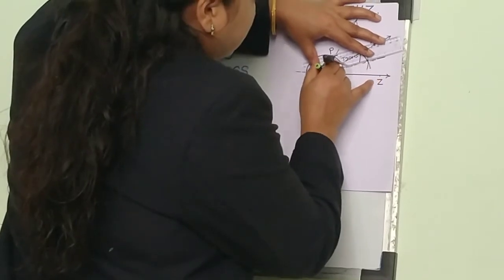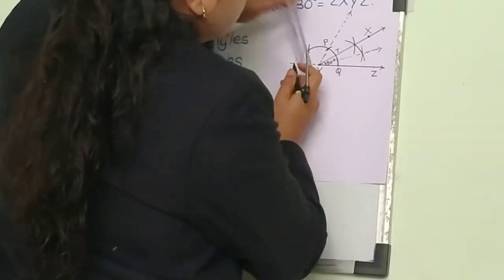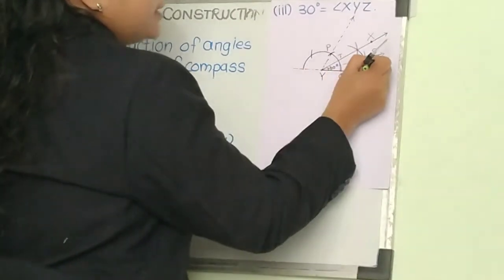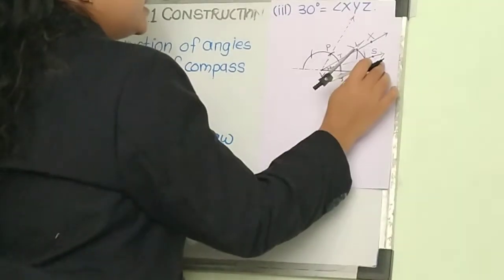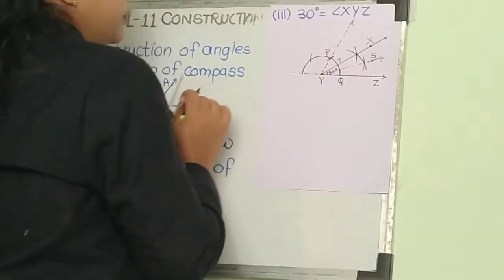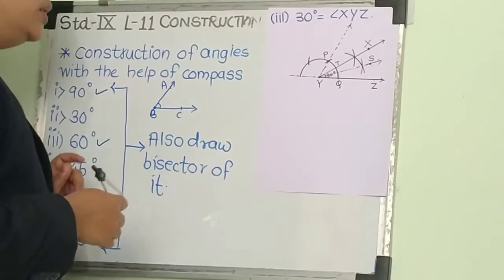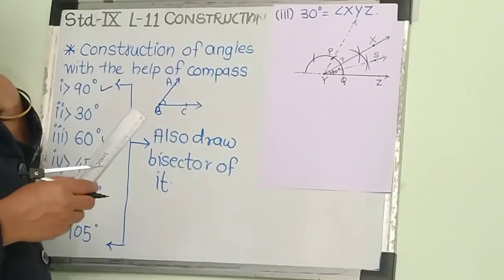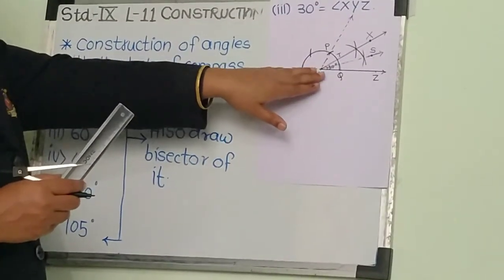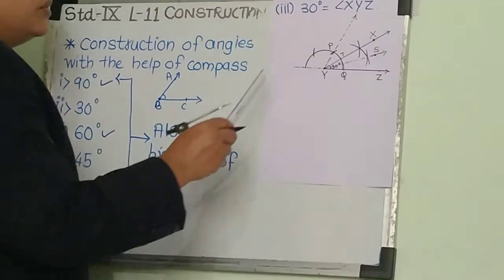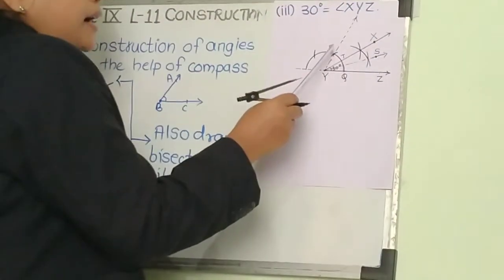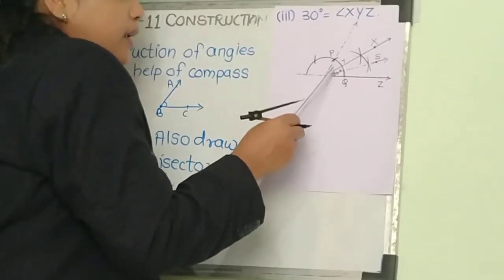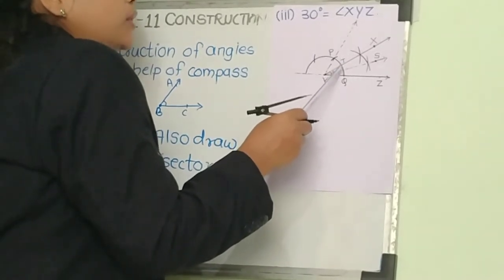Again here I am drawing the dotted ray. So here we get this. Suppose here point S. So YS is the angle bisector of angle 30-degree. Understood what I will do here? First, what I am going to do? I am drawing here a 60-degree angle because we know that 30-degree is the half of 60-degree. So first we draw the 60-degree angle and bisect it. Where the bisector will appear, that is our required angle, which is of 30-degree.